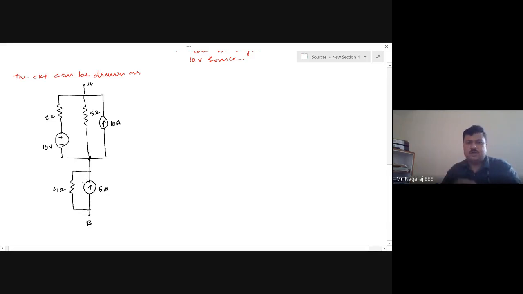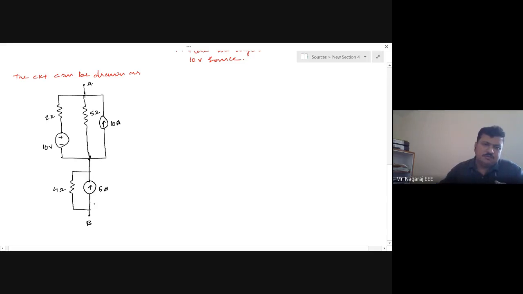Don't blindly jump into converting the current source to voltage and voltage source to current without knowing what exactly we want. So in source transformation, one thing we should remember, that after transformation, what sources we get in the next step. Whether those sources will add complexity or reduce the complexity, we should be observing. Okay. So likewise, now if I convert this 10 ampere 5 ohm into voltage source, then it is of no use for me. Again, I have to convert that into current source, 10 volt 2 ohm into current source, then take the equivalent and get the voltage source. And here I can conveniently convert it into voltage source.